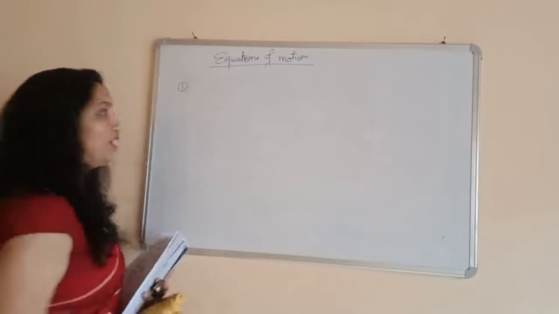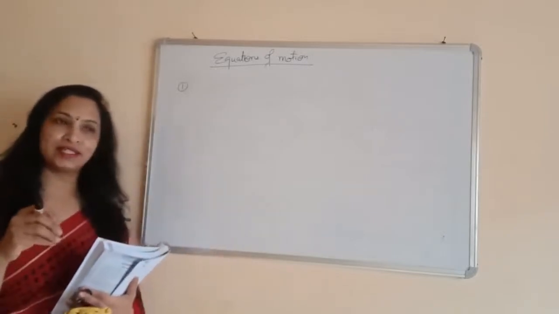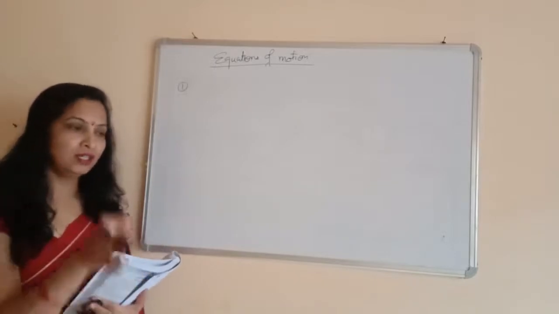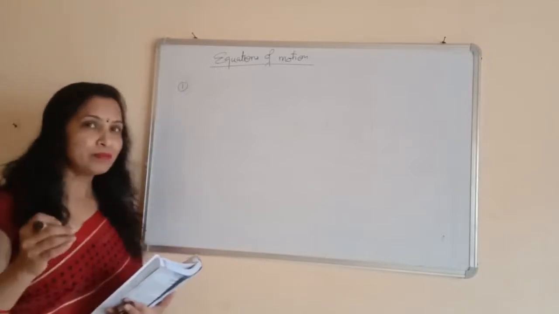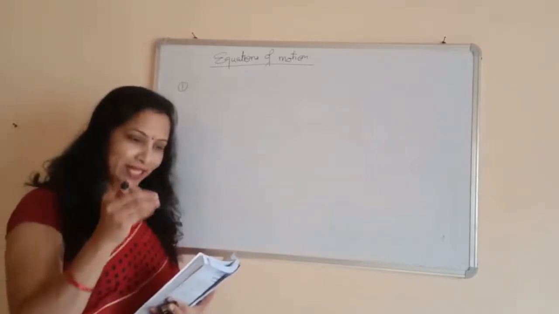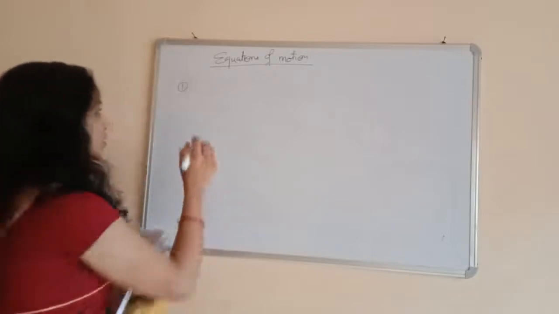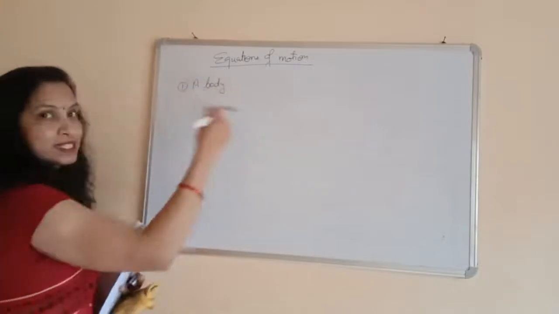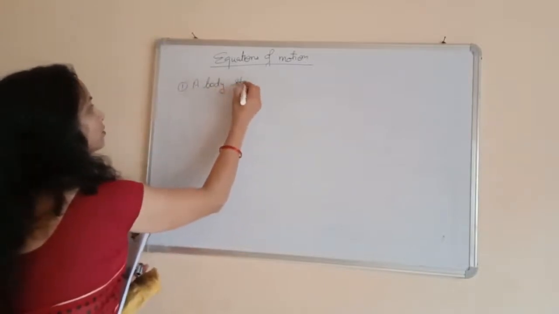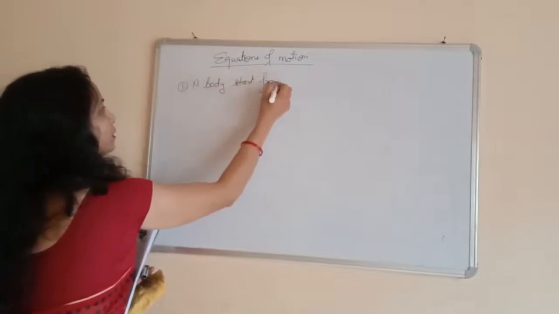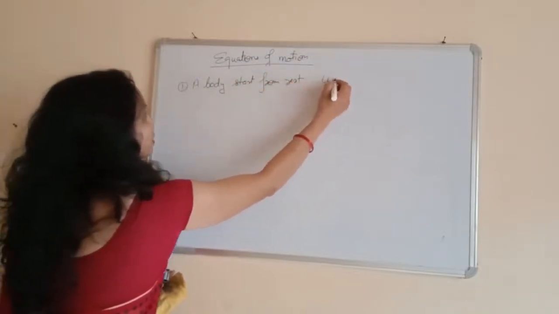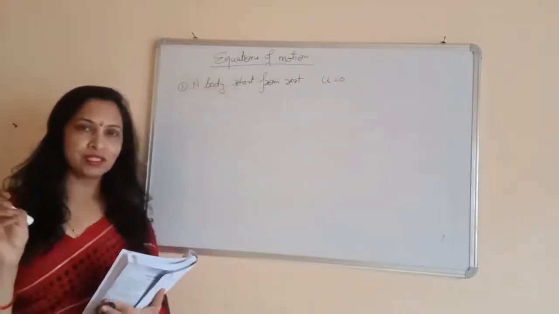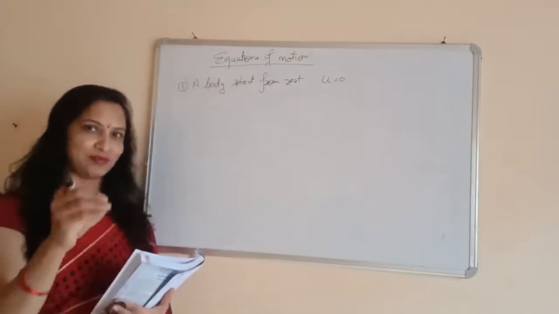It is really important. First one, if there is written in a question that a body starts from rest. Suppose in a question you have that a body starts from rest. So what is the meaning of this sentence? It means that the initial velocity of the body is 0. So if it is written that a body starts from rest, please write all these things. A body starts from rest. It means that its initial velocity is equal to 0. Okay. So if it is there in the question that a body starts from rest, then you should know that its initial velocity is equal to 0.